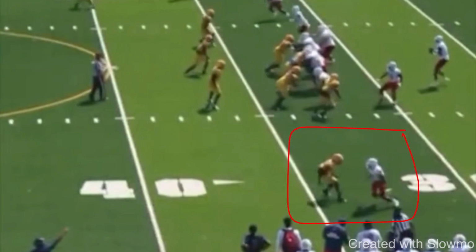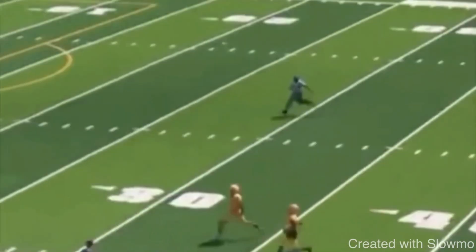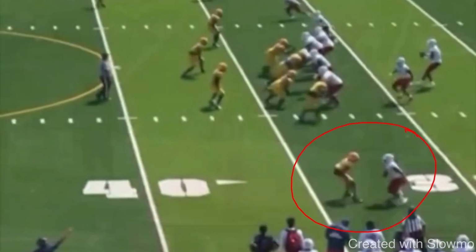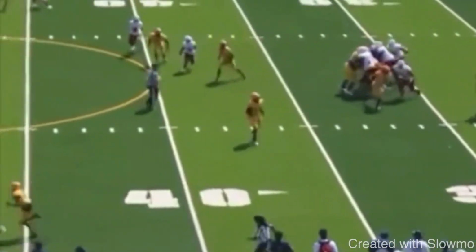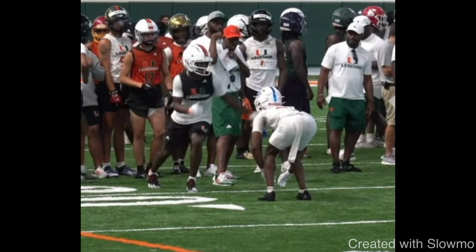So this is another example. Smith is going to be down here at the bottom of the screen. Now, I would be lying to you guys if I told you that speed didn't matter. If I told you that speed is not one of those things that a college coach is going to be looking for, speed is absolutely one of those things that he's looking for. And that first example he showed of that receiver, he caught that drag and he turned the edge. That shows that he has speed, but you've got to understand there are so many receivers out there that have speed. So you've got to have a combination of speed, route running, making people miss, breaking tackles, playing different spots on the field. Because the more chances you have to showcase your athleticism and your explosive playability, the more likely we are to get recruited, to catch somebody's eye, right? That's the main goal of this.